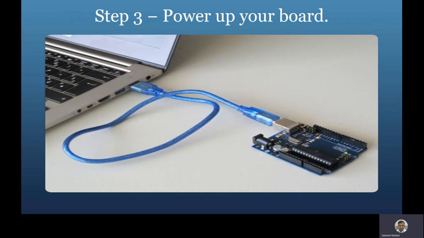The power source is selected with a jumper, a small piece of plastic that fits onto two of the three pins between the USB and the power jack. In that case, you have to check that it is on the two pins closest to the USB port. Now you have to connect the Arduino board to your computer using the Arduino cable. Once you connect it, the green power LED, which is labeled PWR, should glow. That means that your board is powered on.